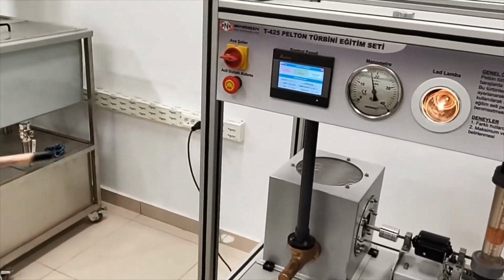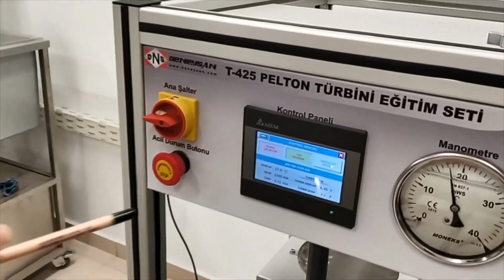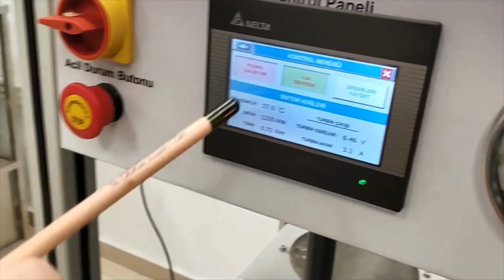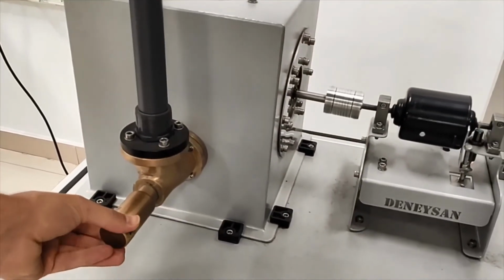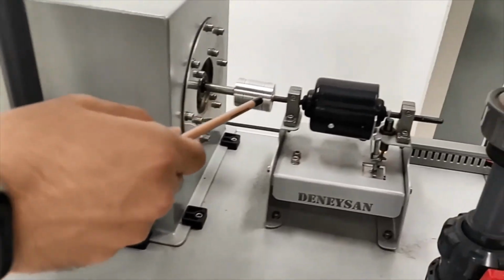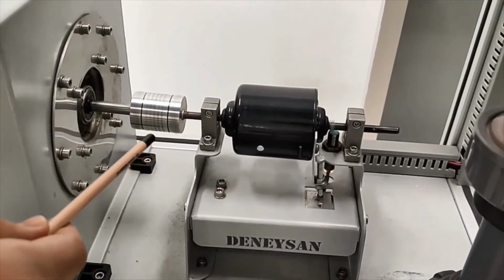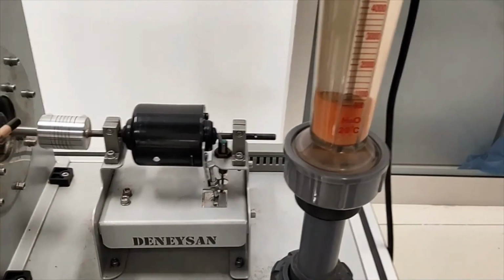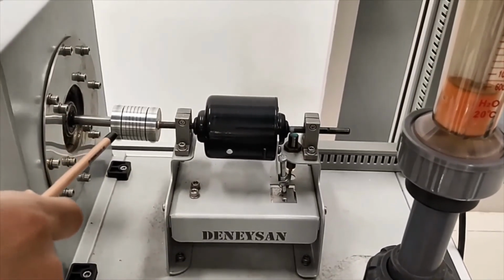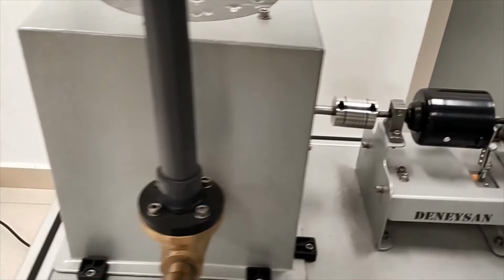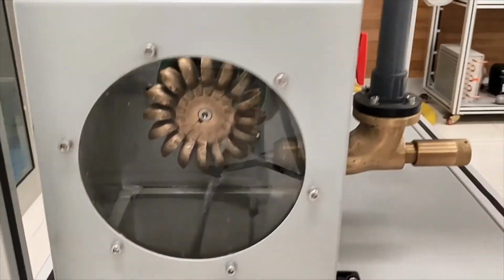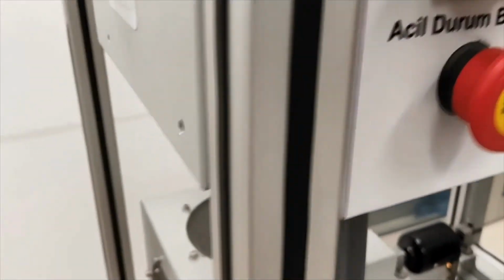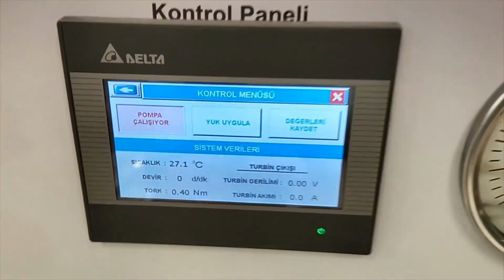And then, after the required values are measured and the experiment is completed, we close the load application button. After that, we cut the flow with the adjustment penstock. The shaft attached to the generator stops turning and the flow rate drops completely. Then after that, we turn off the pump